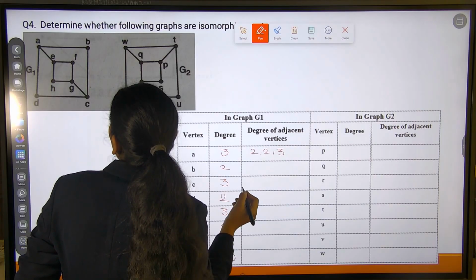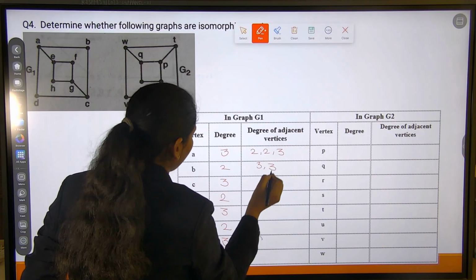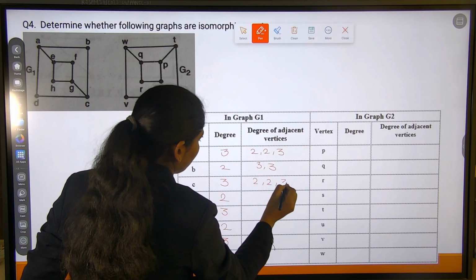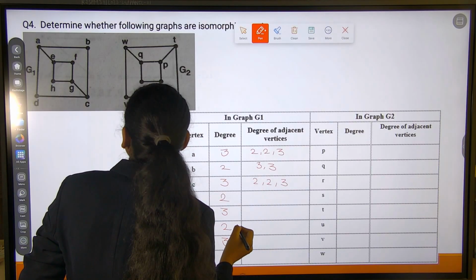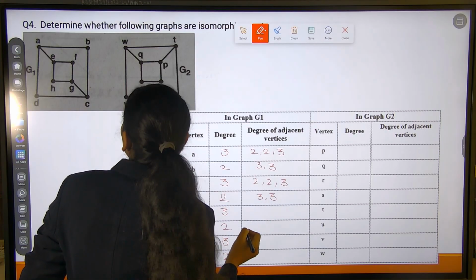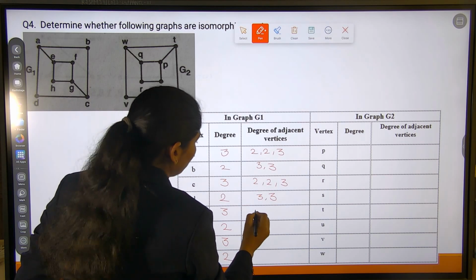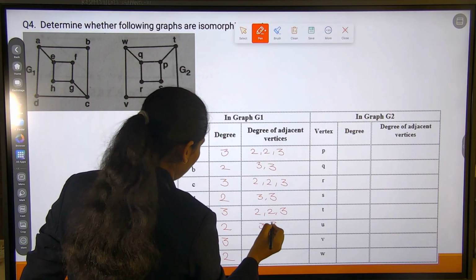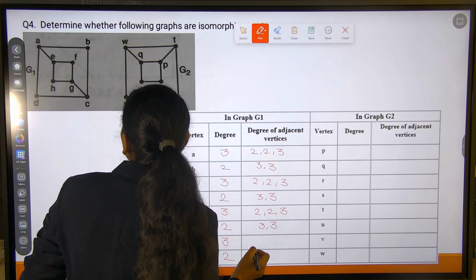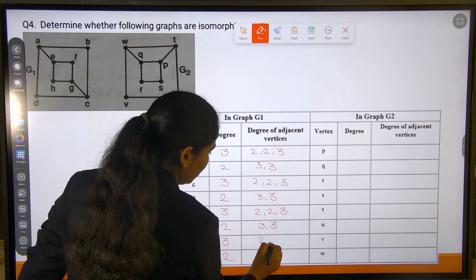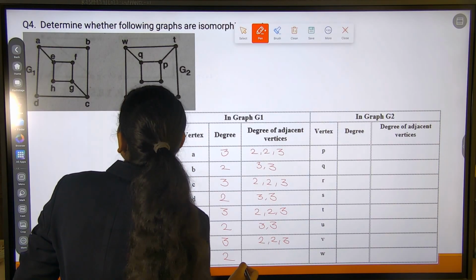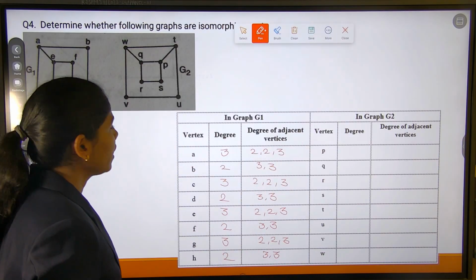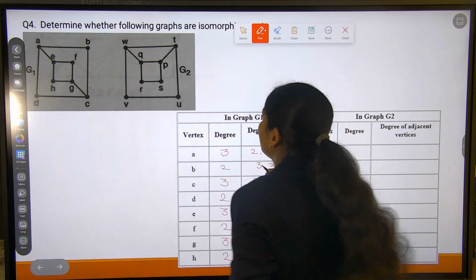for B, 3, 3 for C, 2, 2, 3 for D, 3, 3 for E, 2, 2, 3 for F, 3, 3 for G, there are 3 adjacent with degrees 2, 2, 3, for H 3, 3. Then write down for graph G2, P having degree 3,